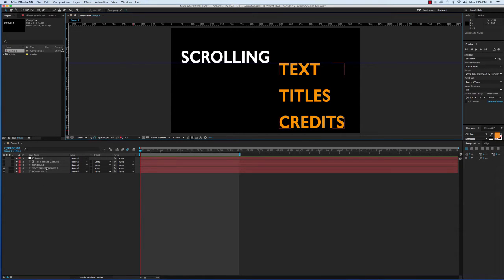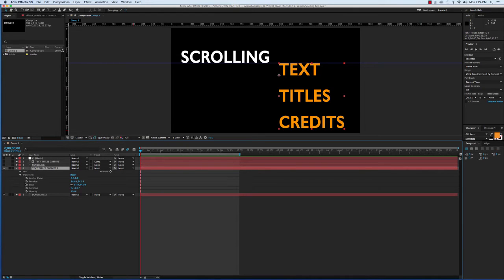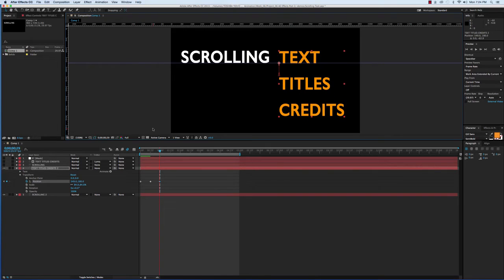Since it's position animators, I'm going to select text and titles and credits, open up transform, and set position. Since I want this to start with nothing there, I'm going to create a keyframe where nothing is there. Scroll down, create another keyframe, scroll down, move it up and align it up to my guideline. I want it to hold for a beat, so I scroll down, create another keyframe, scroll down, position,